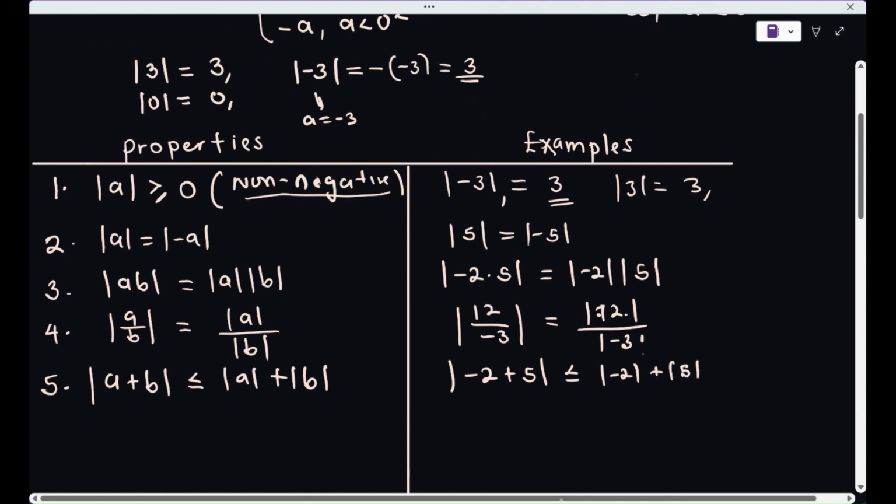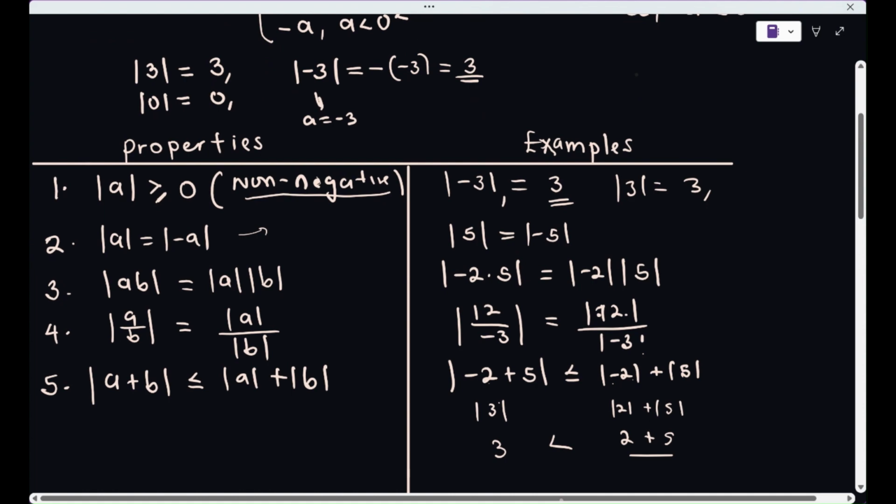And you can check this: minus 2 plus 5 will give you 3. So here actually it will become absolute value of 3. And here, what do you have? Absolute value of minus 2, using this property, is the same thing as absolute value of 2, and this is absolute value of 5. So here you will have 2 plus 5, which is 7, but here you will have 3, and it's true that 3 is less than